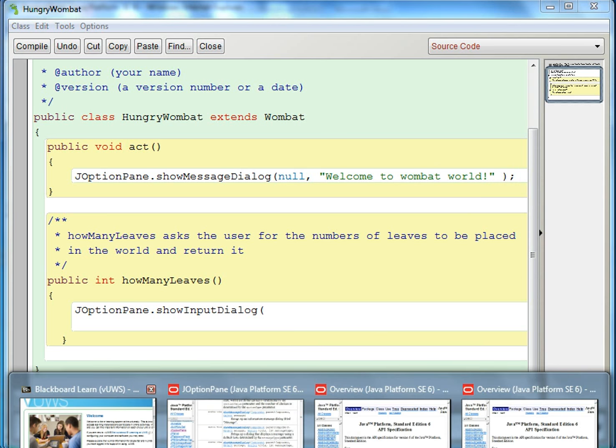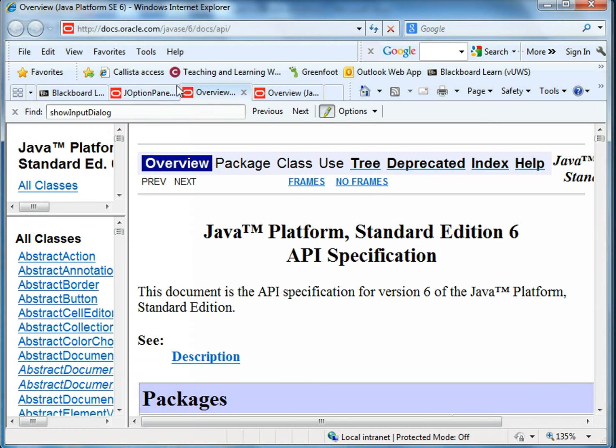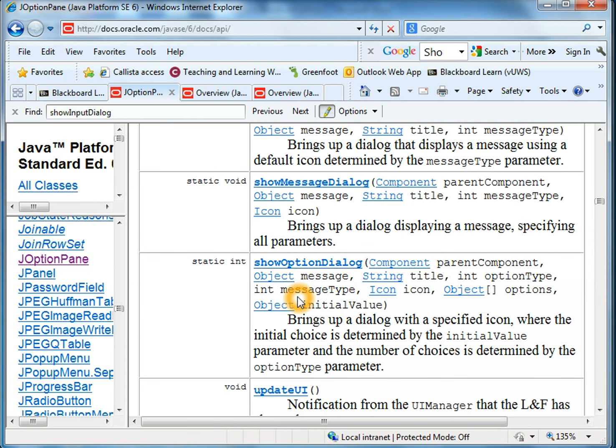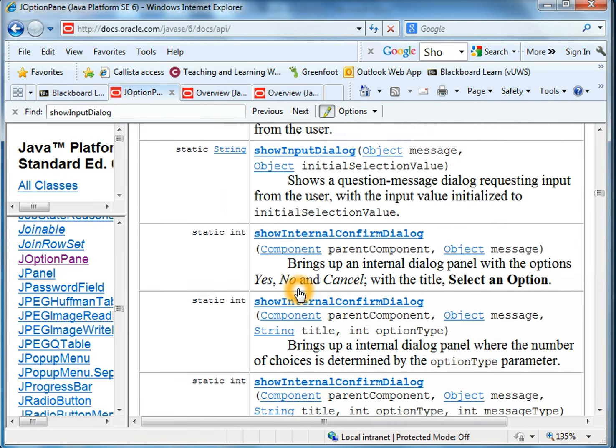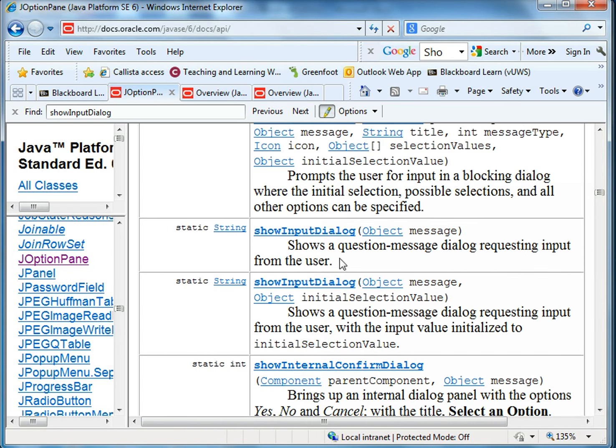Let's go and have a look at this again if you want to. This is the one. Show input dialog. Okay, there it is. Shows a question message dialog requesting input from the user. But now the most important part in this documentation that I want you to see is this string. It is returning a string. So whatever the user types in will be read in as a string and passed out of that method as a string. So even if it's a number that the user enters, we still will take it as a string,